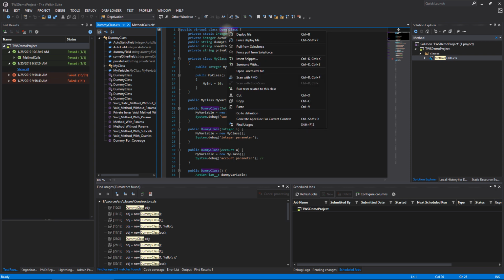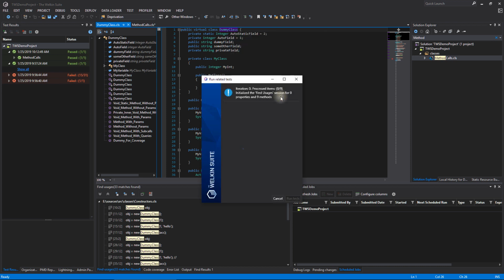Again, it might be anything. It might be a method, property, variable, parameter, or even the class itself. And find an option Run Tests related to this class. Once you hit this button, it will take some time, from 10-20 seconds, maybe to a minute, depending on the size of your project, while the Welkin Suite scans the whole project,